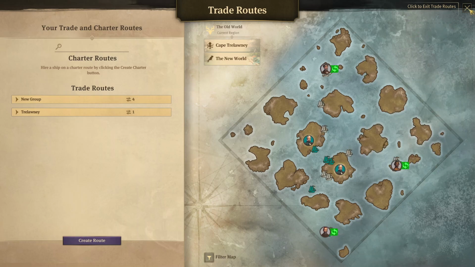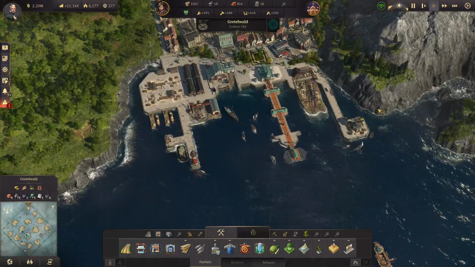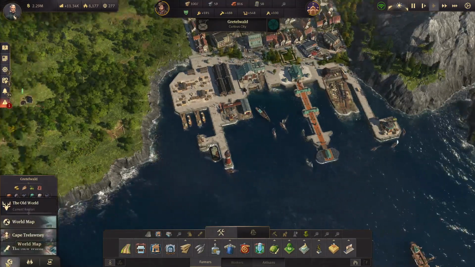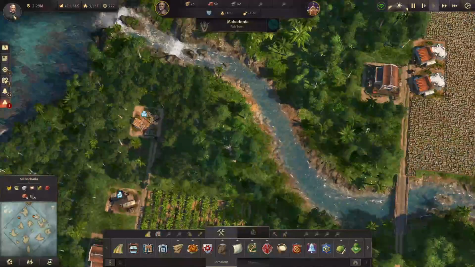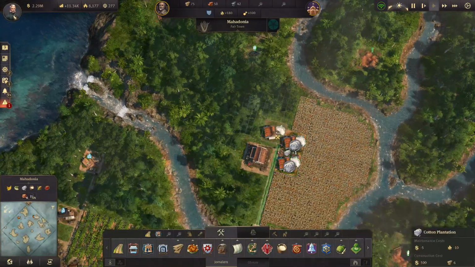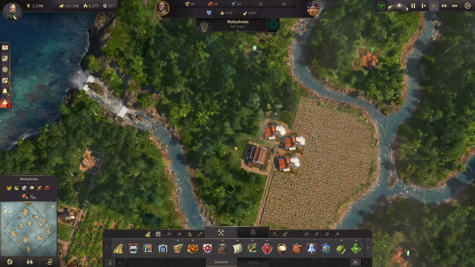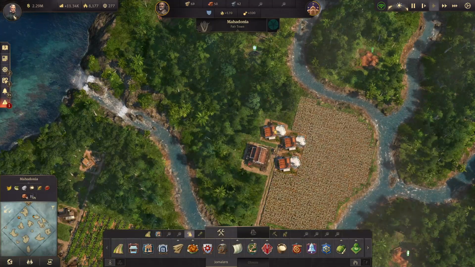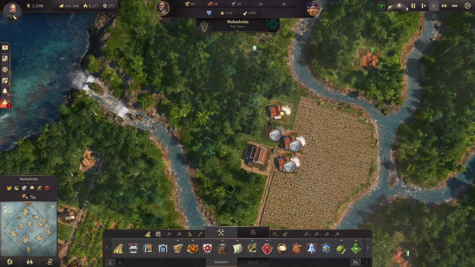So that's it for the guide section of this video. Now we have 10 minutes left where we can do some actual let's play. So let's do that. We will go over here, and we now need to set up the cotton production that we were talking about in this video. I think this was a little bit too far. Let's see. Yeah,